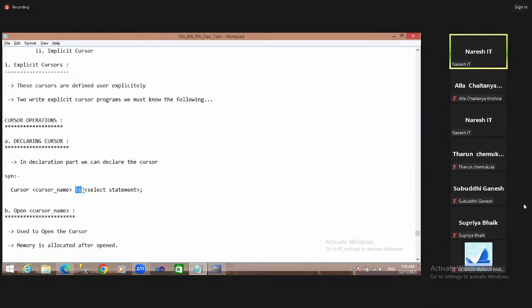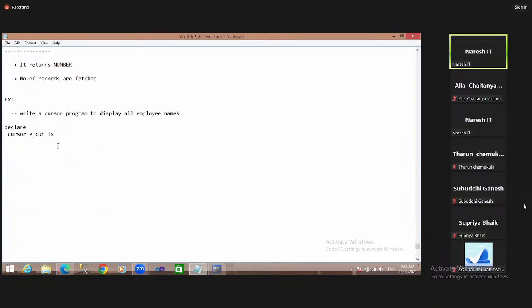CURSOR e_cursor IS SELECT ename FROM emp;